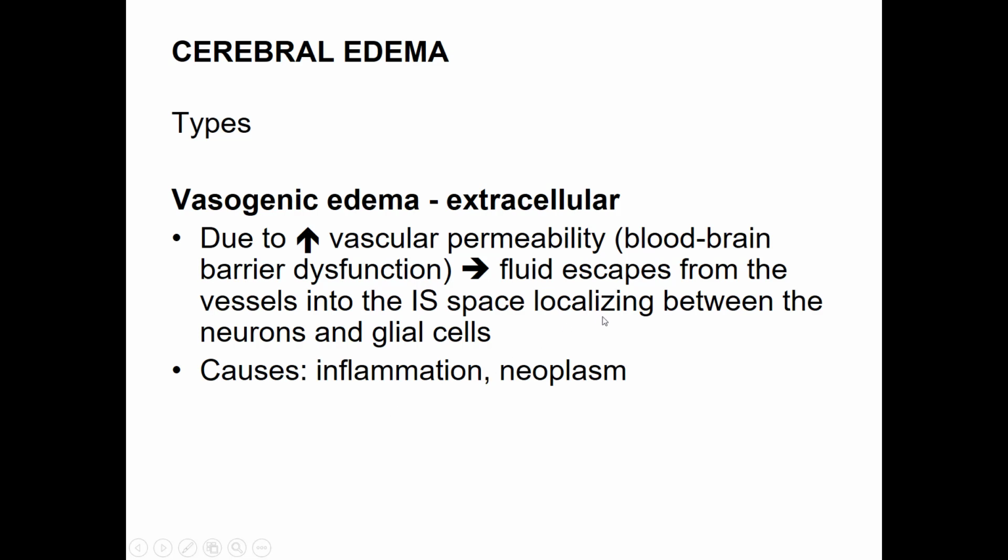The next topic is cerebral edema. It has two possible pathomechanisms: vasogenic edema, which is mainly located in the extracellular space, and we believe this is due to increased permeability of the blood-brain barrier. In this process, the fluid escapes from the vessels into the interstitial space, localizing between the neurons and the glial cells. It is particularly frequent in inflammatory conditions and surrounding tumors, neoplasia,